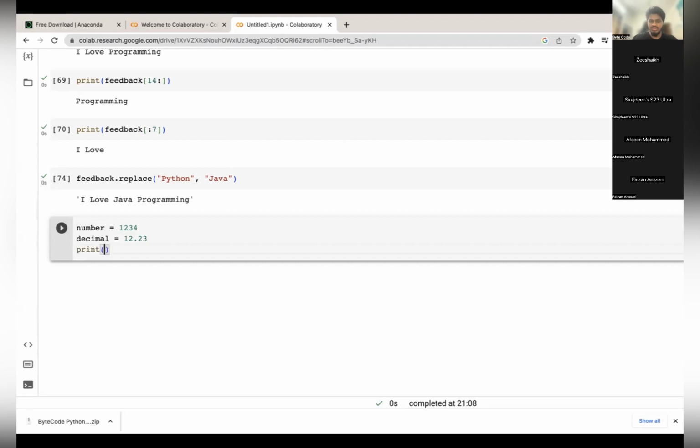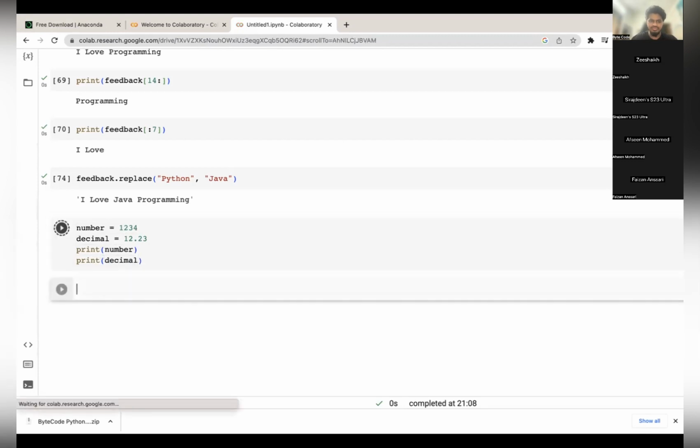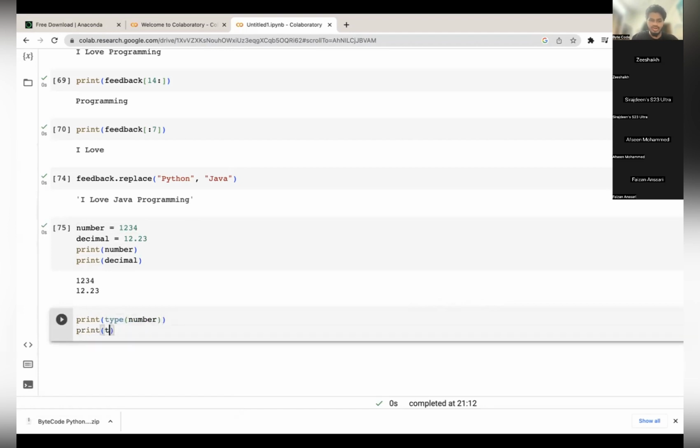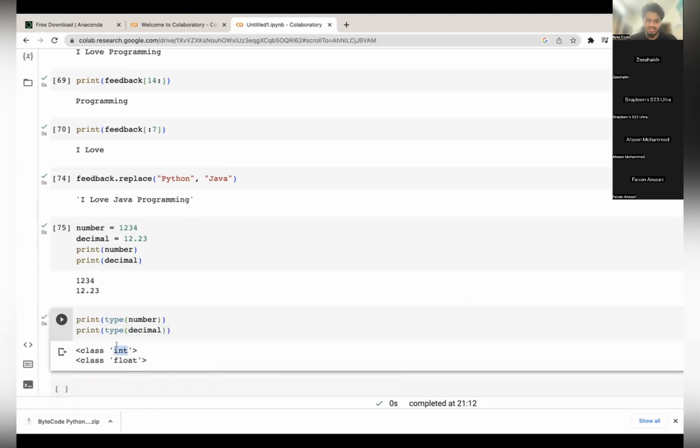If you print number and print decimal, it will automatically show up here. You can also print the type of number and the type of decimal. You will see the first comes as an integer, and the decimal comes as a float, right?